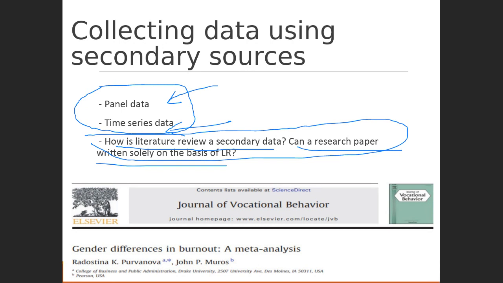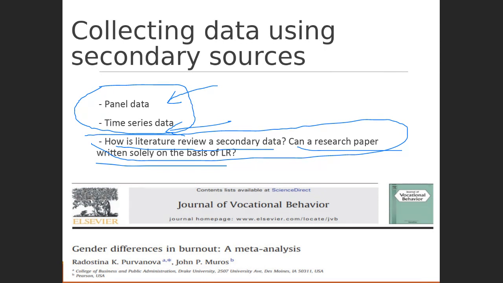So, your assignment number 2 relied on secondary sources of data because it was your literature review assignment. You were supposed to write a literature review on the basis of the research which has already been published by other researchers on the topic of your investigation. So yes,